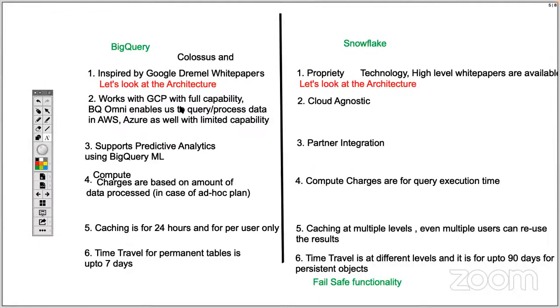But right now, I'm just sharing with you that we have two different technologies, and they are inspired by different white papers. This is proprietary, and not many details are available, but there are a lot of patents which Snowflake has. If you just search for patents of Snowflake, you will find them, and for Google also, you'll find a lot of patents on the internet. But I just wanted to give you a high-level perspective around architecture. We don't have time to actually go into detail on each and every technology, because I have already recorded a lot of videos, so you can watch those videos.